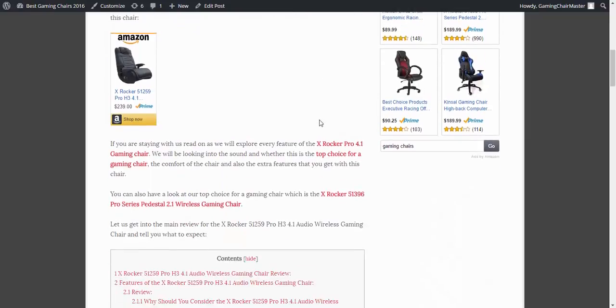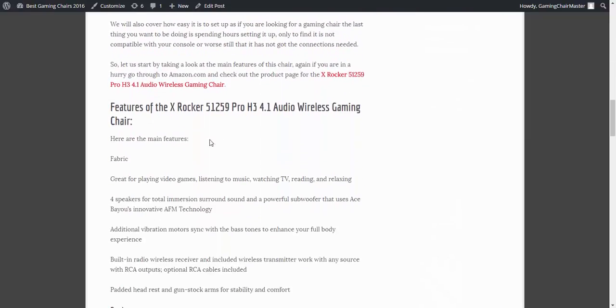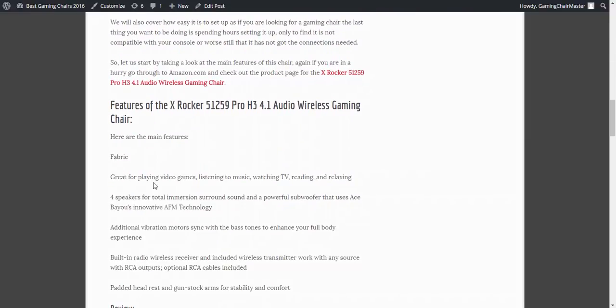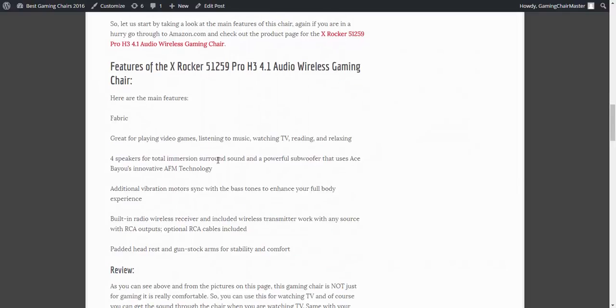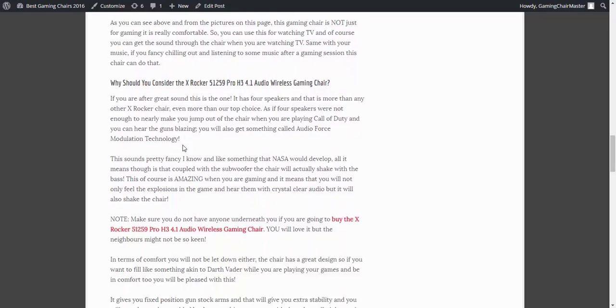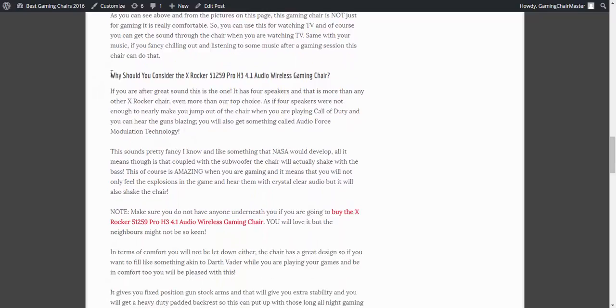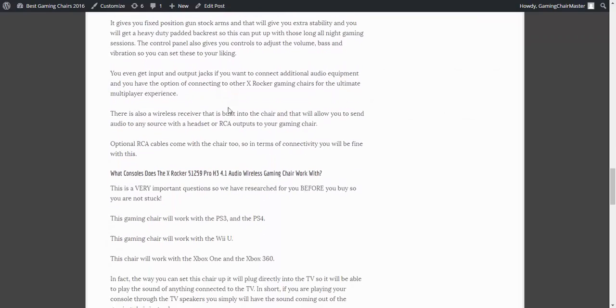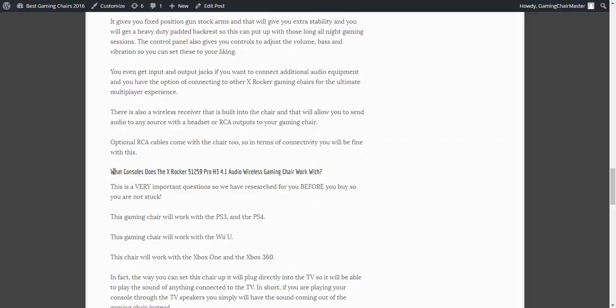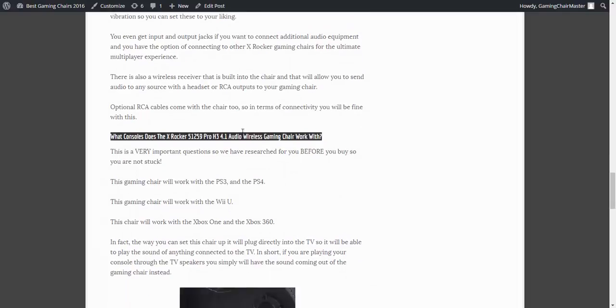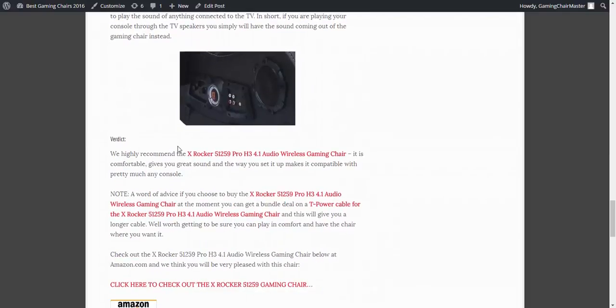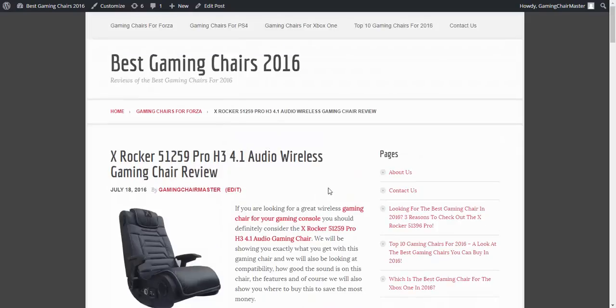So you can see here. Look, here are the main features. Fabric, great for playing video games. 4 speakers, additional vibration motors, and I'll talk about them in the review. And then what I'll also do is put some questions that I believe people will ask, like why should they buy it? This is specific to gaming chairs. What consoles does the X Rocker work with? And then verdict and call to action. So you want to make sure that your content, that's a good example of review content. I'll show you